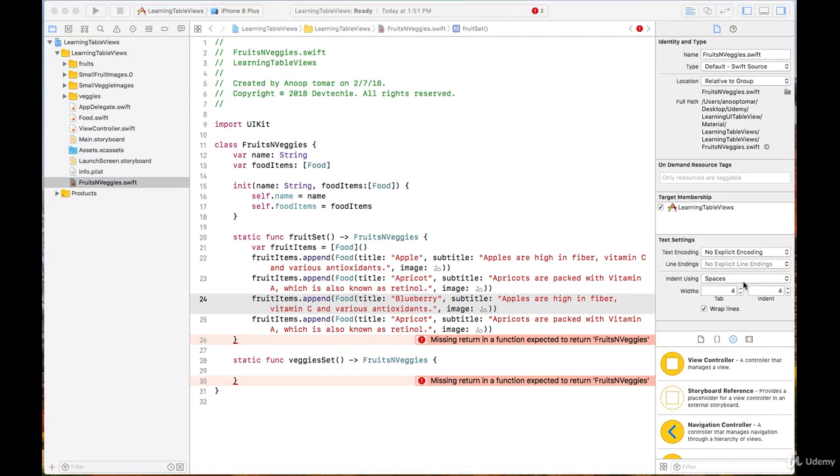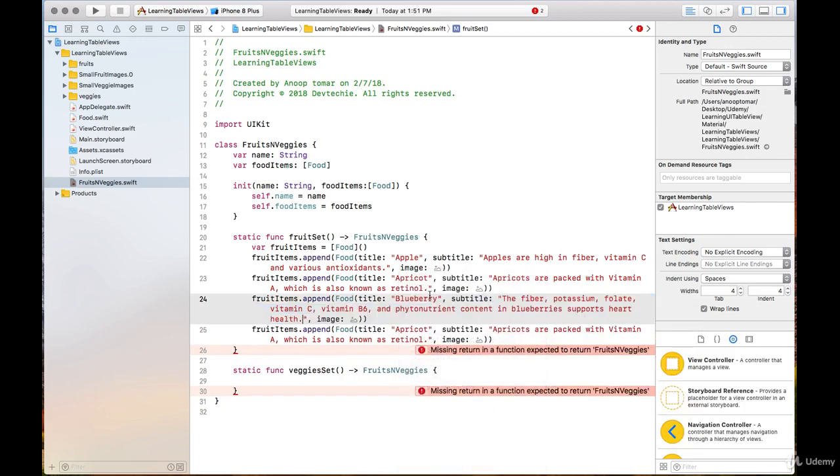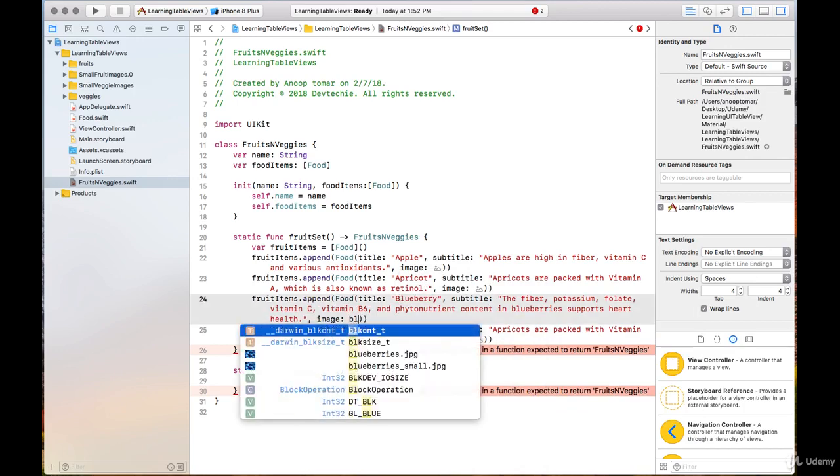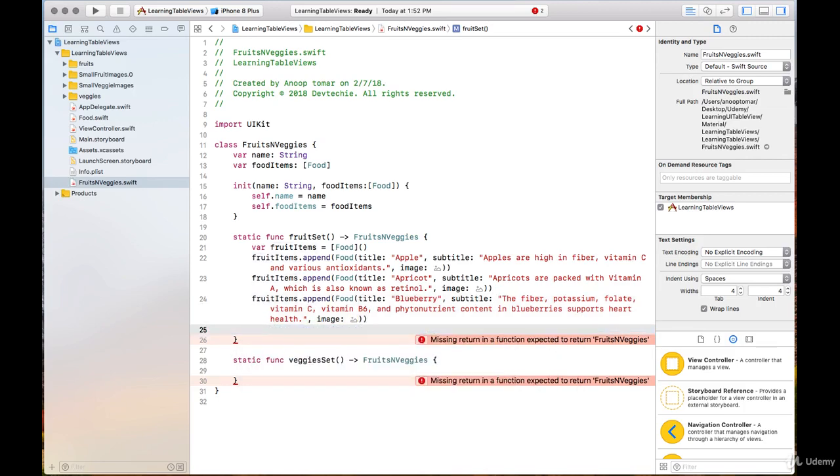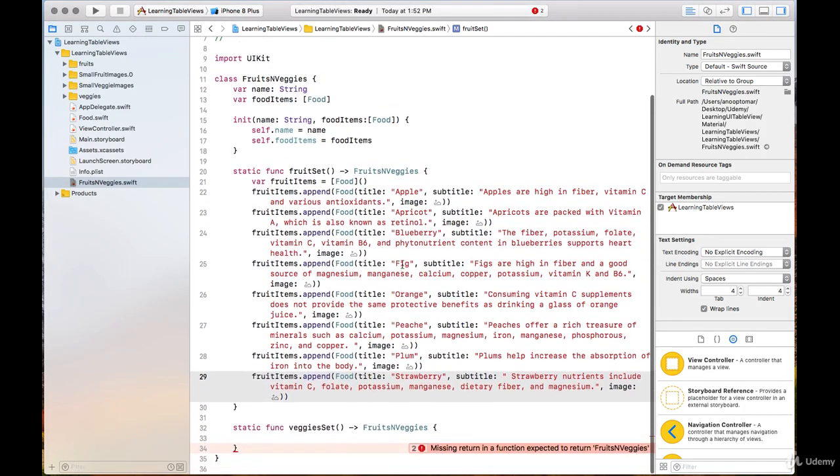Okay, so basically what we are doing is we are creating a collection of different fruit items, and we are creating our data. So instead of you watching me type all this stuff, what I've done is I've created these. So let me paste in the rest of these. Okay, so these are all the other fruits. So I have blueberry, fig, and orange, peach. Okay,